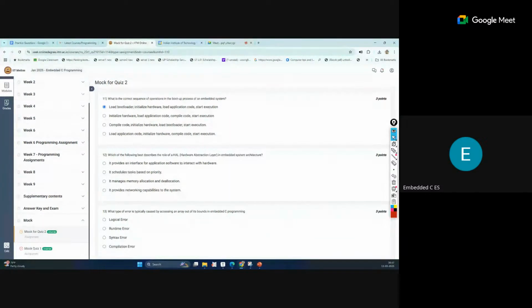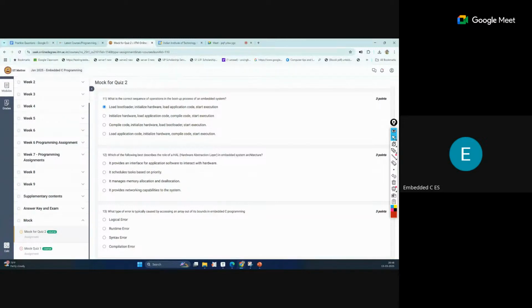So this is the purpose of HAL, and it makes the hardware easy to use. HAL provides lots of ready-made functions, and you just use the function, pass the value, and your task will be done. This is just a middle level that provides the interface between application software and hardware.